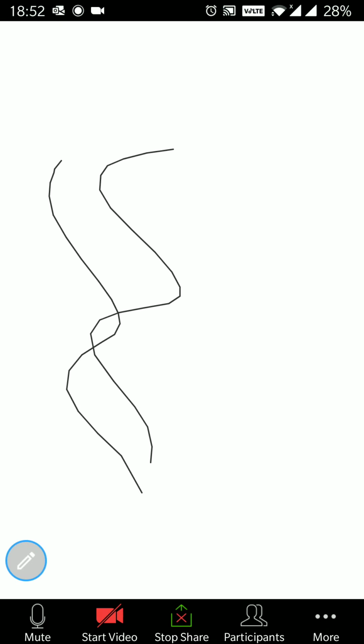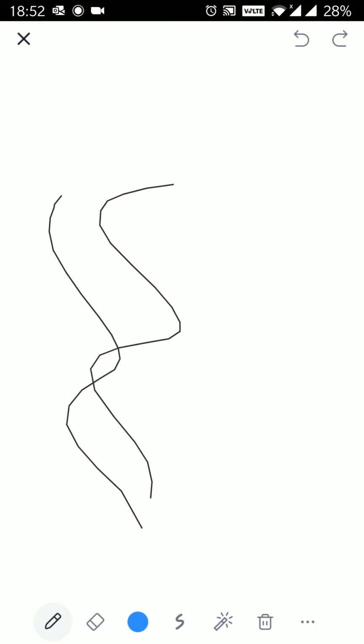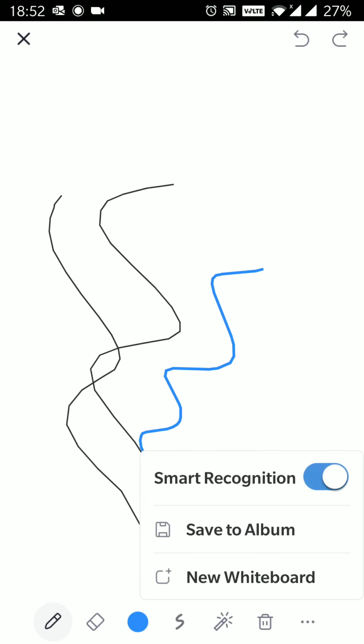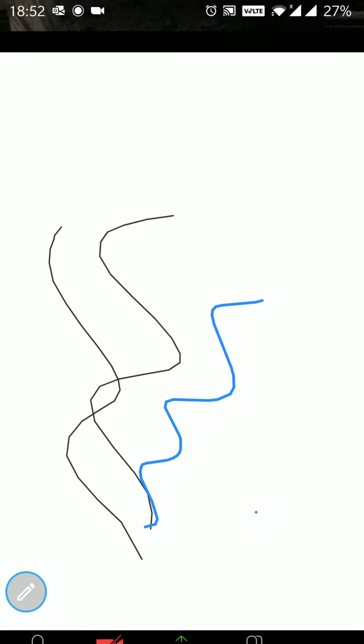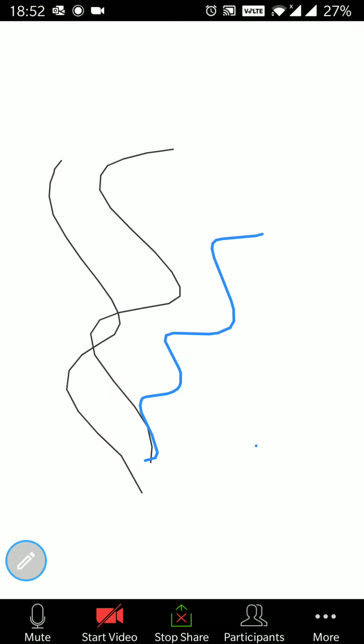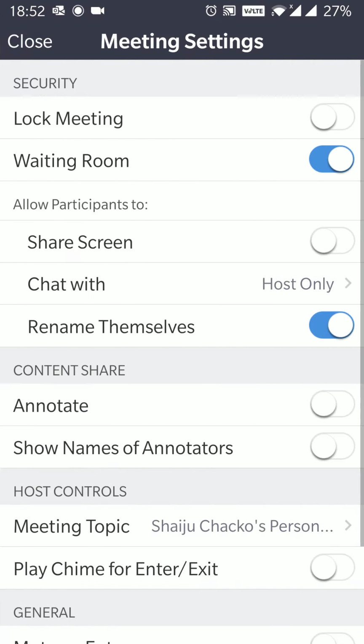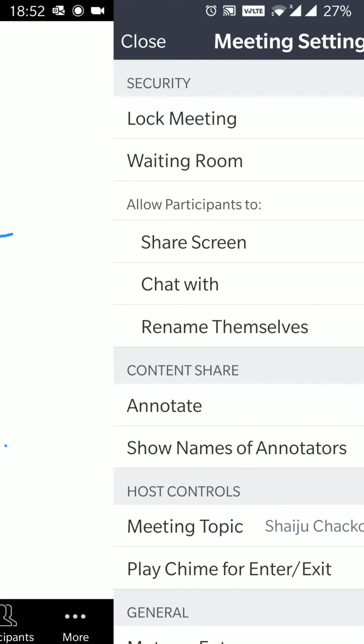Now the problem here is some of you would start writing first and then realize the children are disturbing you, or they are also scribbling. You will panic, you want to stop, you will not get these options. Again, you need to go back. You need to go back onto the main screen of shared screen and then do it. You can disable the annotate.